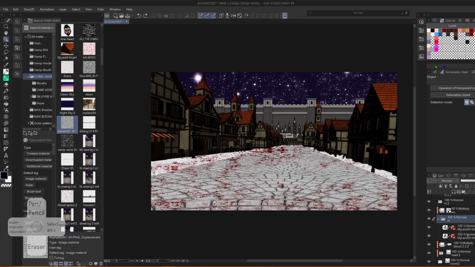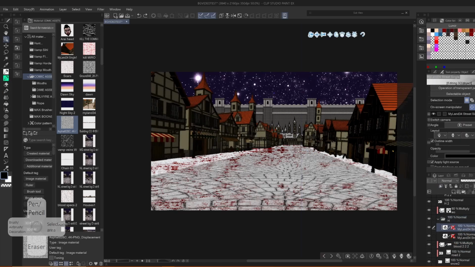And then to finish it all off, this is also a neat little trick I learned. See how the top of the houses are all orange, but in Silvyre it's snowing, so I can't have that. So what I like to do is I like to go into the object mode for the 3D layer. See apply light source. If you turn that off for both of them,